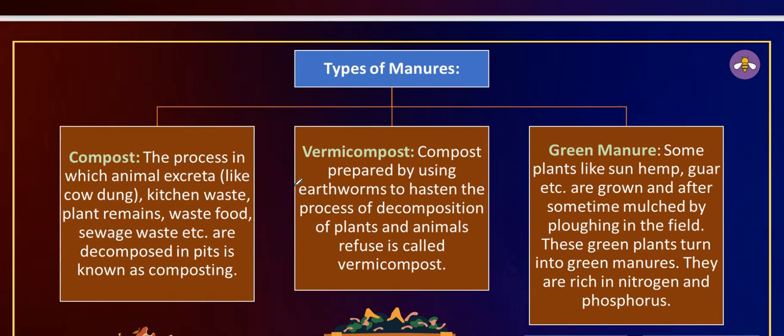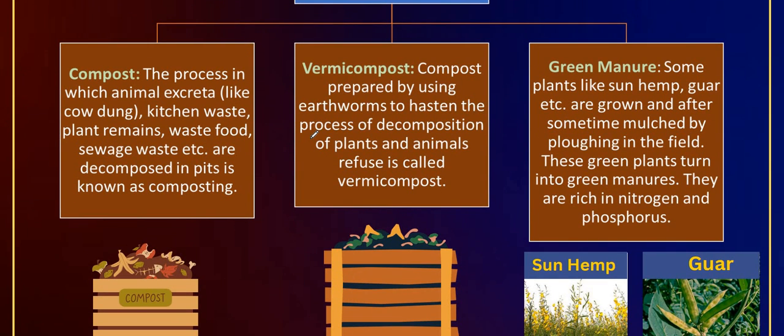Types of manure: there are 3 types of manure, that is compost, vermicompost, green manure. Compost is simply a process in which animal excreta like cow dung, kitchen waste, plant remains, waste food, sewage waste is decomposed. That is composting. Vermicomposting means compost prepared with the help of earthworms to hasten the process of decomposition and make it fast. And green manure means some plants like sunhemp, guar are cultivated in a field. They are mulched by ploughing into the soil itself, and then this green plant turns into green manure,